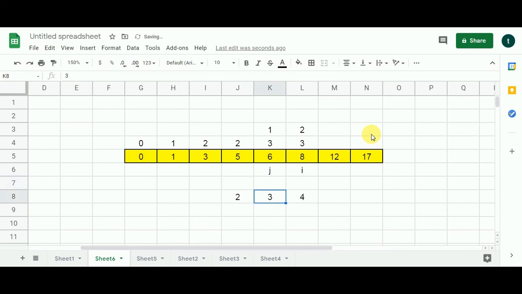I don't have to go to 3 and 4 now, because if the frog lands here, it can proceed further. It can go to this particular stone. There is also one possibility, but we will not consider it because we have found out that the frog can proceed further. We have got the jumps also. Now i moves one cell to the right and j goes back to its base position. So this and this won't be considered. This also won't be considered.